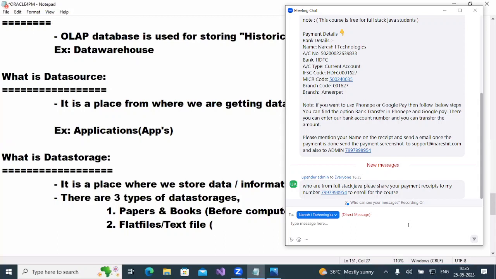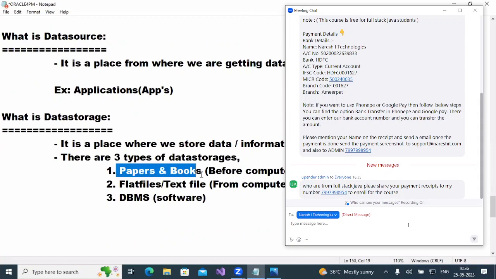These were introduced from computers onwards. Whenever computers were introduced in the world, many business people started using them for storing their business data. And later they introduced DBMS, which is software. So these are the three methods and three data storages. Books and papers are a completely manual system; there are no computers in the world. Then later people used